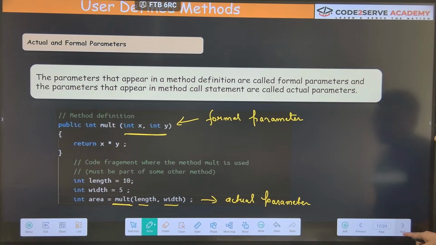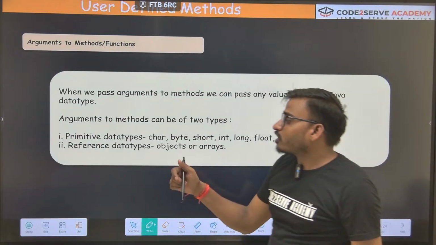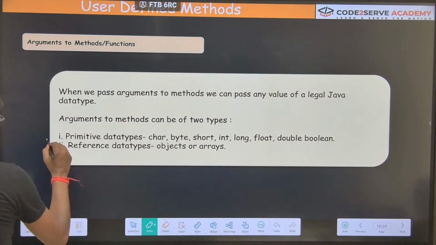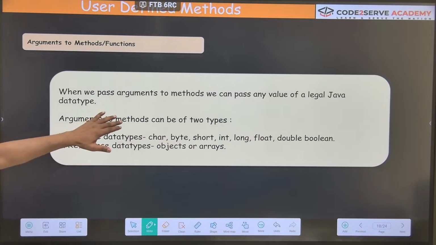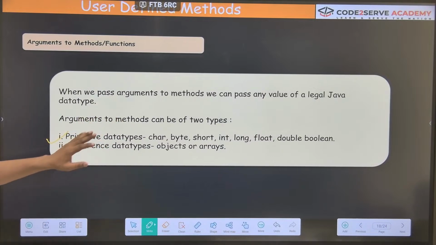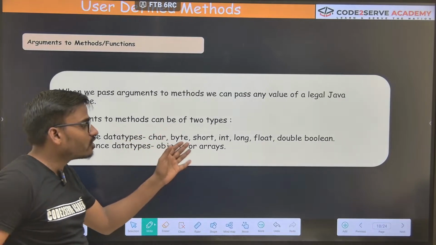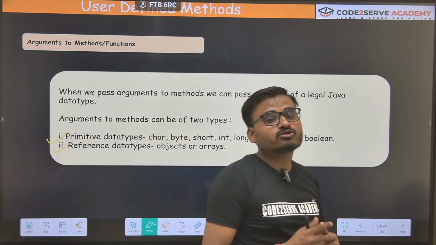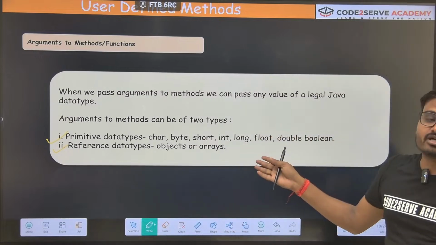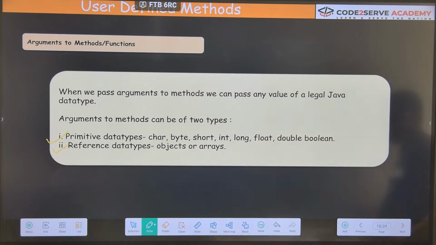Okay, so here I am showing you what all can be the argument. It can either be the primitive data type that you already know, int or double or float or anything, and the second part is a reference data type, that is an object, class, or an array. These all can also be a parameter to a function. Okay, next,